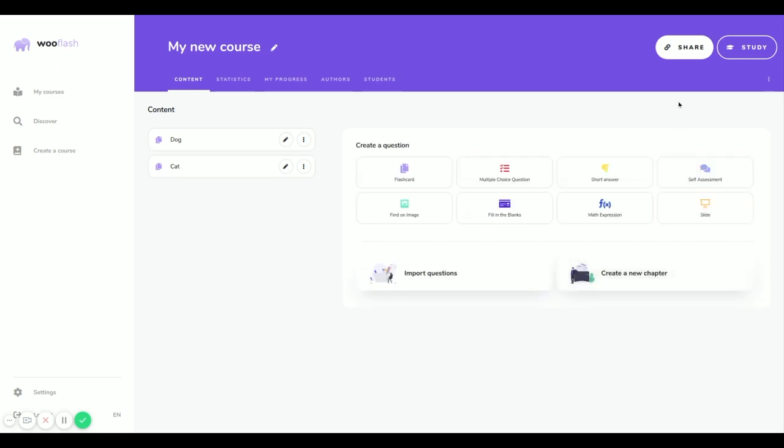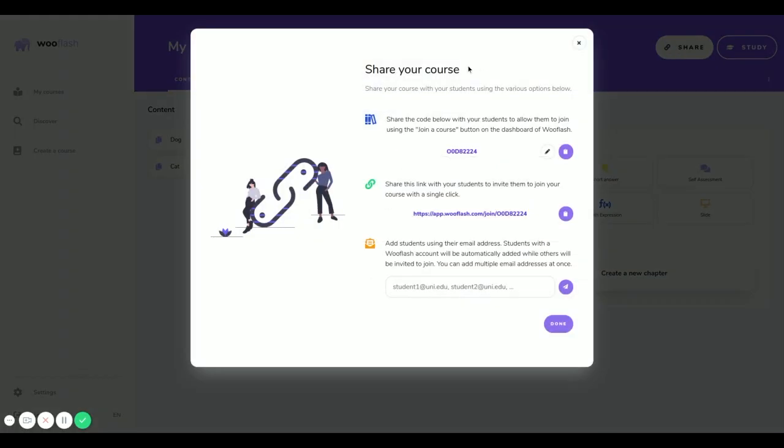Let us now share this course with our students using the share button on the top right of the page. A new window appears with 3 different options. I can either provide a code to my students in order to invite them to join using the Wooflash interface, provide them with a link to automatically invite them to join the course,